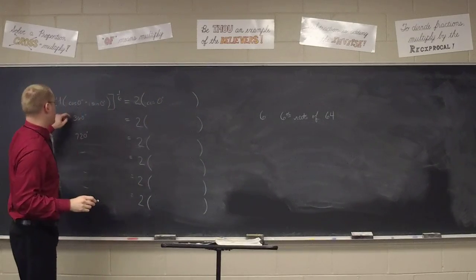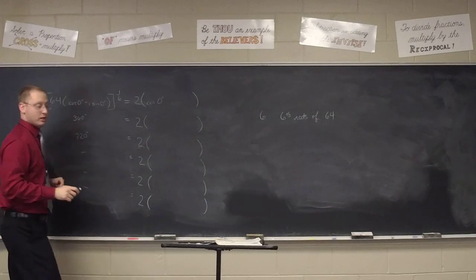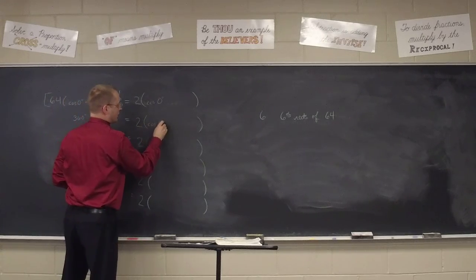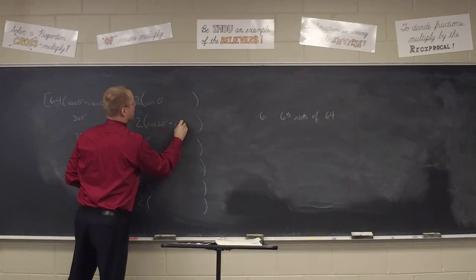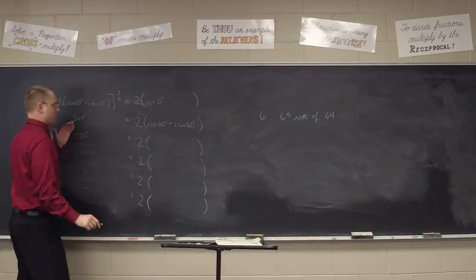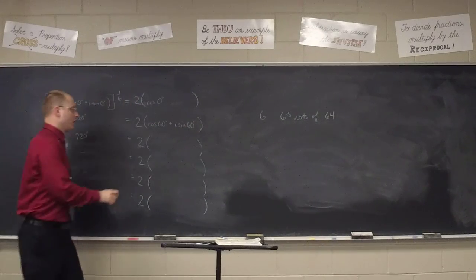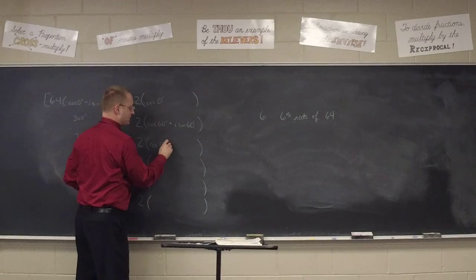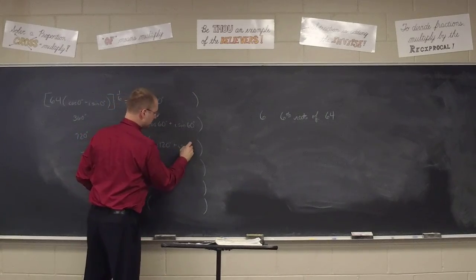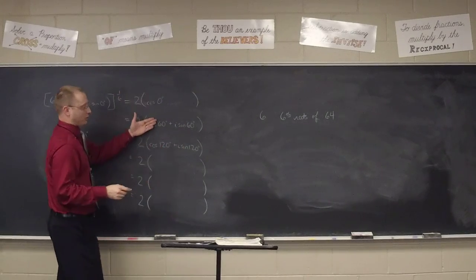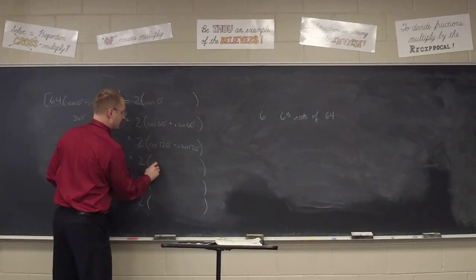And then the next time we do it, it's going to be 360 times a 6th, which is going to give us 60 degrees. And then 720 times a 6th, 120. And by now we should be seeing the numeric pattern. Of course, we're going in increments of 60. So my next angle is going to be